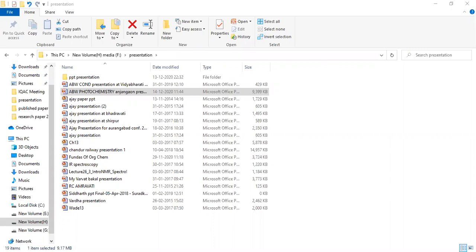This depends upon the spin multiplicity, singlet or triplet, that is 2S plus 1. S is the spin quantum number, the total spin of the electrons. From the electronic configuration you can find the value of S, and if you know S, you can understand the spin multiplicity, whether it is singlet or triplet. So firstly it absorbs energy and converts into the singlet excited energy level, the activated molecule. Then due to intersystem crossing the spin of the electron changes, and it converts into the